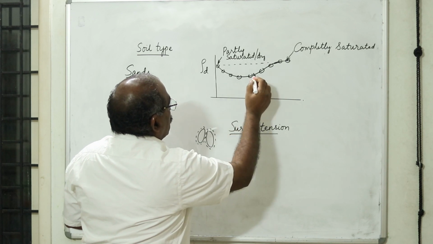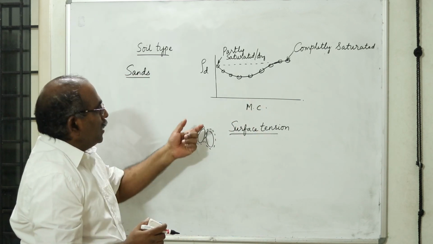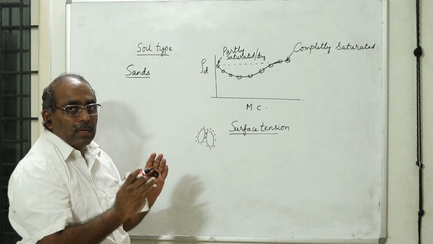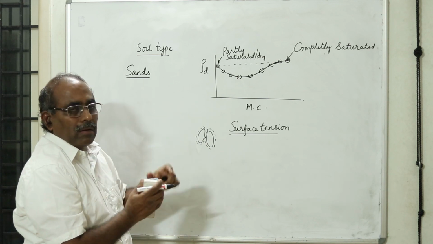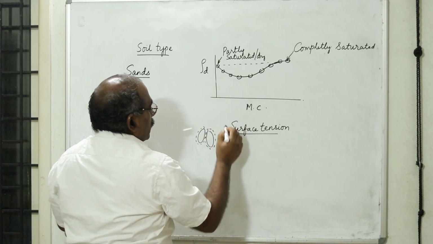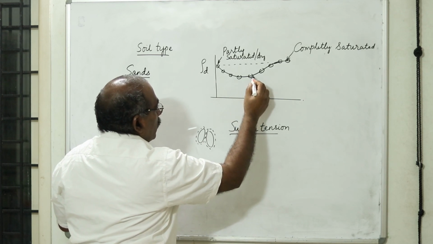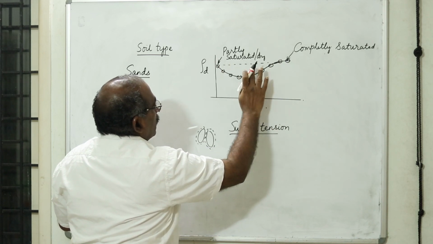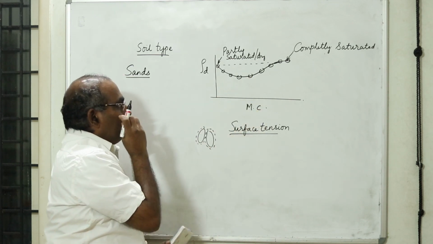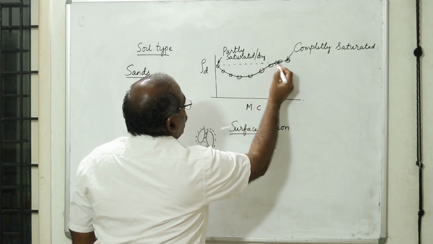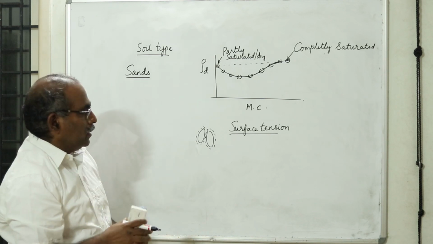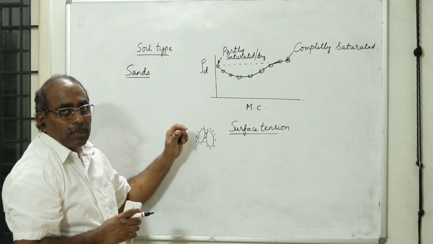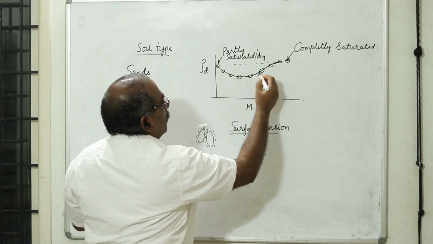Now you would have done the test, bulking of sand. There is a bulking of the sand and it is leading to a reduced quantity of sand particles inside the known volume of the compaction mould. Now as the water content is further increased, what happens? It slowly picks up and comes to another maximum. Therefore you get two maximums, one for a partly saturated condition and one for a fully saturated condition. For the saturated condition the peak is slightly more than for a partly saturated or dry condition. This is because as the water content increases, the surface tension which is created is broken and the sand becomes completely submerged. Therefore you get a peak.